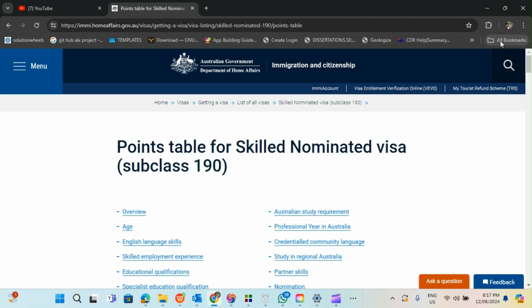So this is the points table for skilled nominated visa subclass 190. That means if you want to apply for visa subclass 190, this is where you can calculate your points.